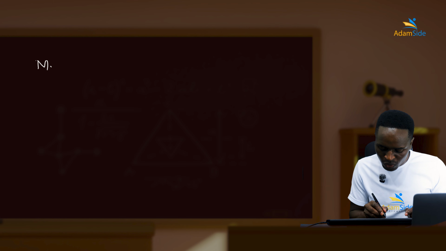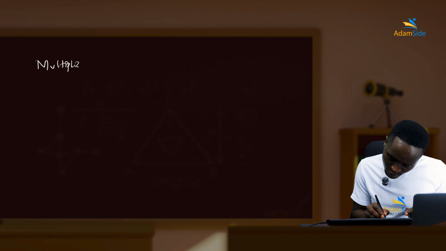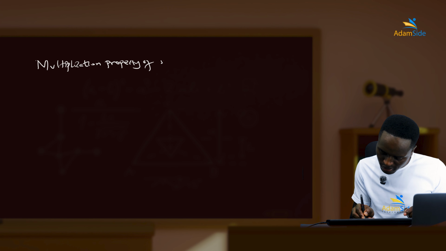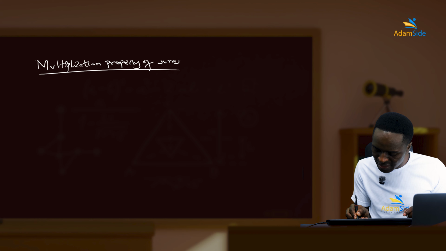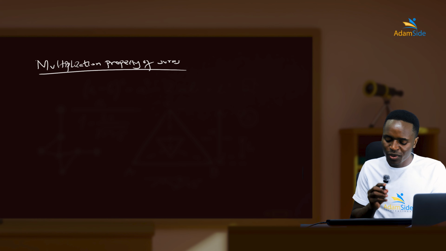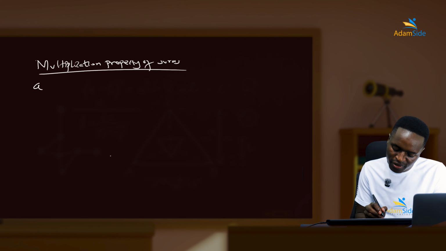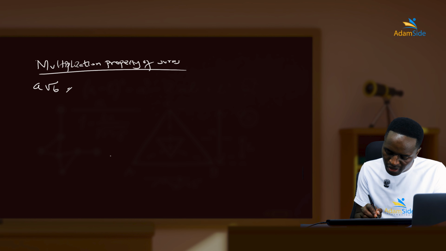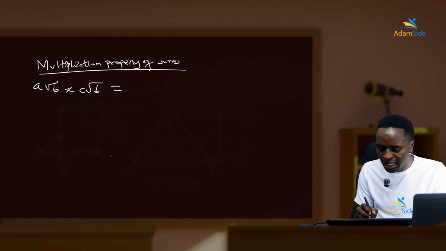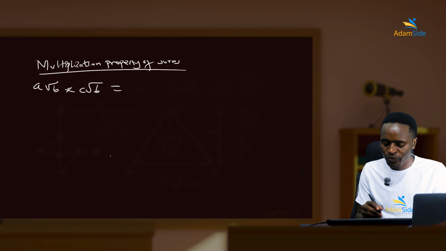And then we also talked about the multiplication property in surds. What did we say about it? We said when you have, let's say, a root b multiplied by c root b, what did we say? You will multiply, first of all,